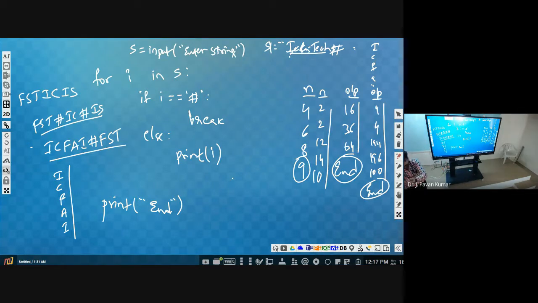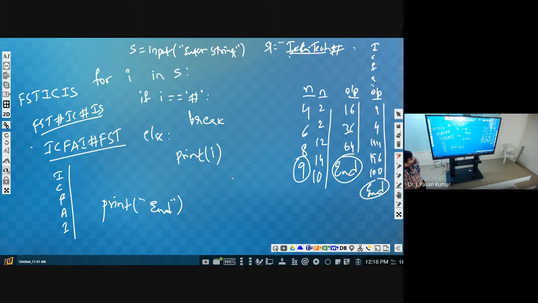That is, we are having one character. Whenever that character comes, do we want to terminate the loop or not? No, we don't want to terminate. We wanted to skip that. Got it? So simply what we can do is, here, instead of checking for equal to, if it is not equal to hash, then only we will display. Otherwise, we need not display. Got it? Like that we can do.